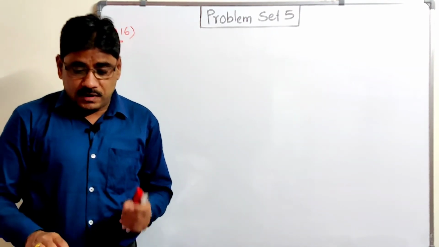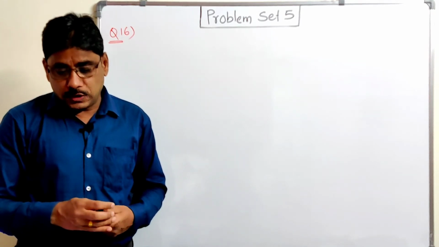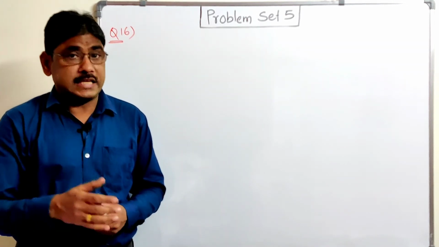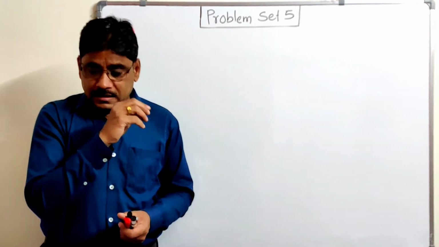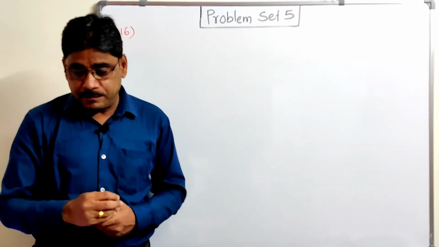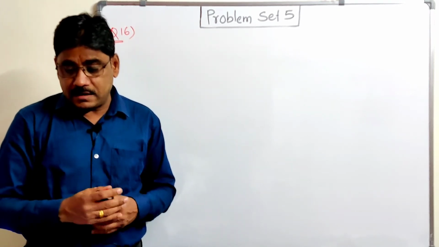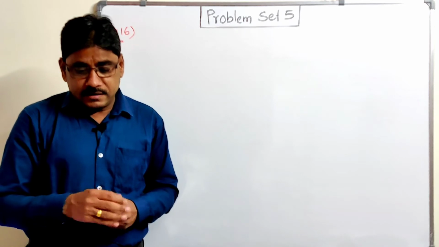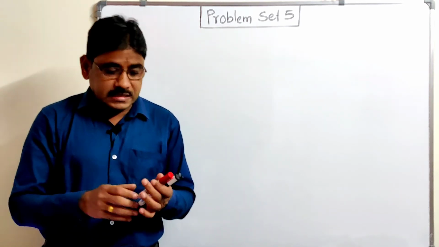The faces of a die bear numbers 0, 1, 2, 3, 4, 5, not from 1 to 6. The numbers on the faces are from 0 to 5. If the die is rolled twice, then find the probability that the product of the digits on the upper face is 0.